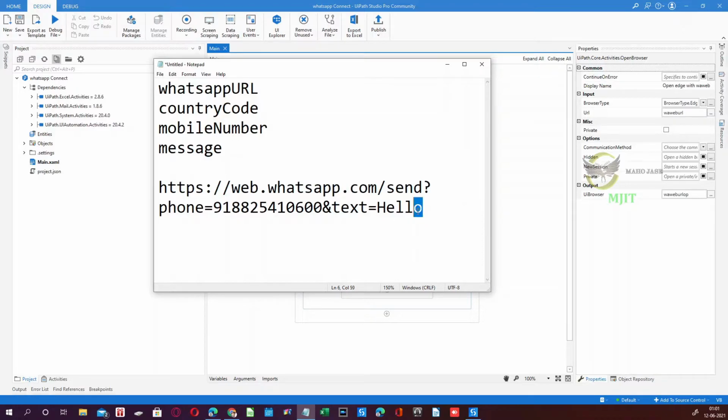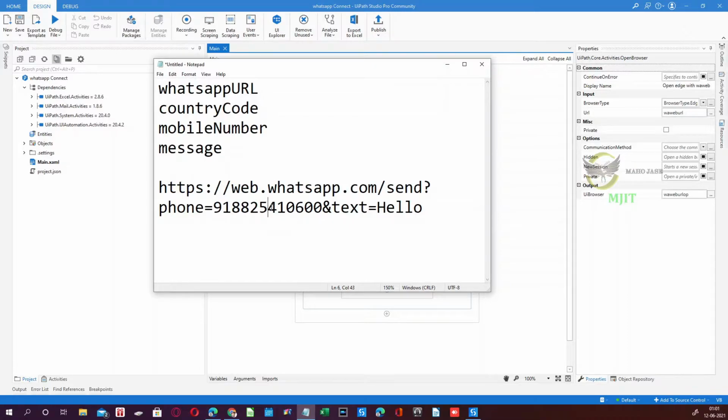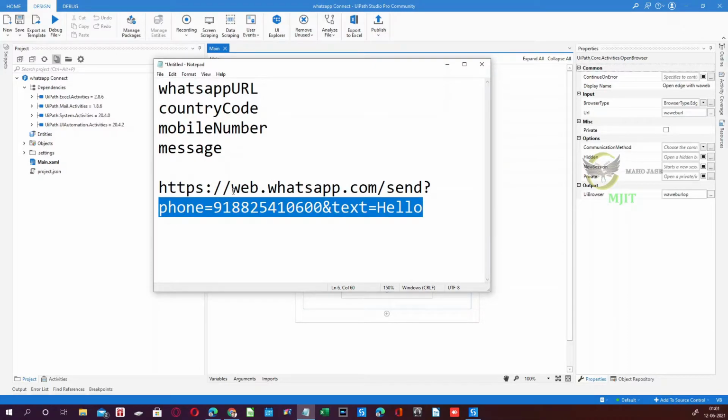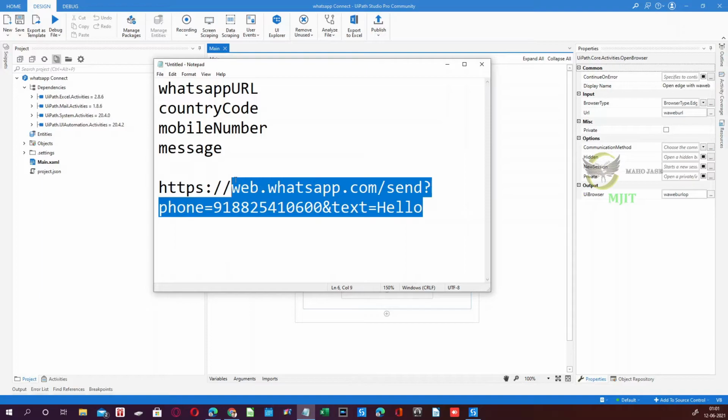So this is a message, hello, we can send to this particular number over web.whatsapp.com. It needs to start with https://web.whatsapp.com/send?phone=918825410600&text=hello. So this is the method which we need to use.